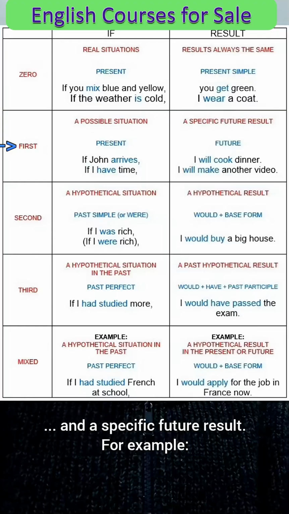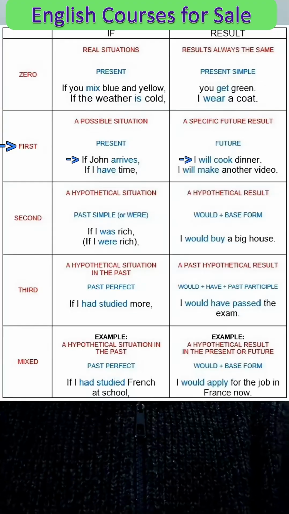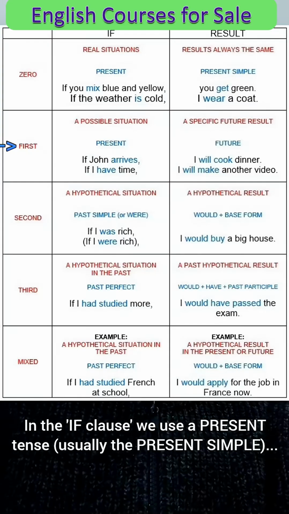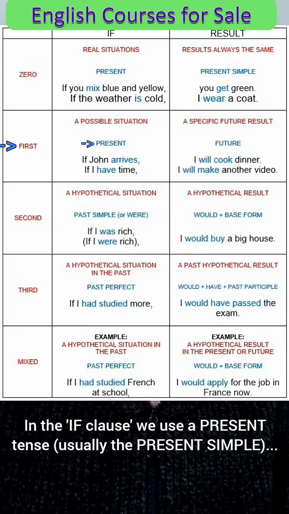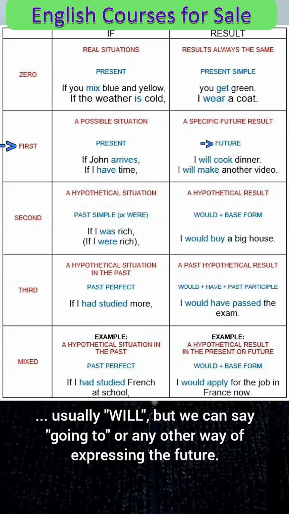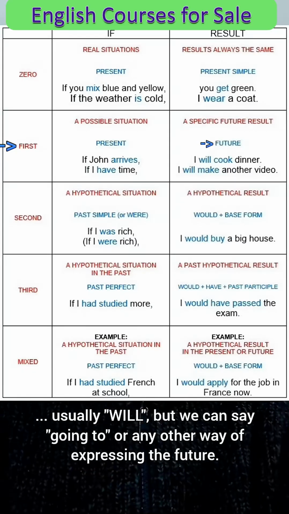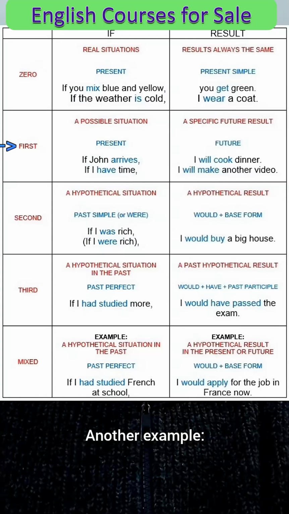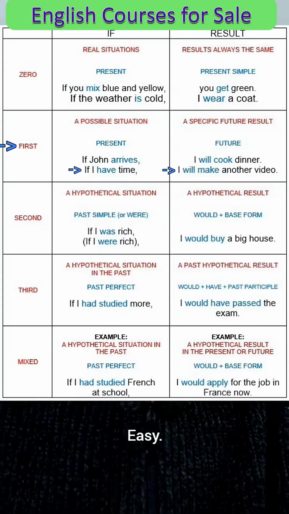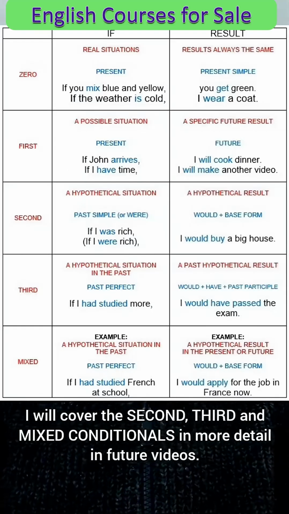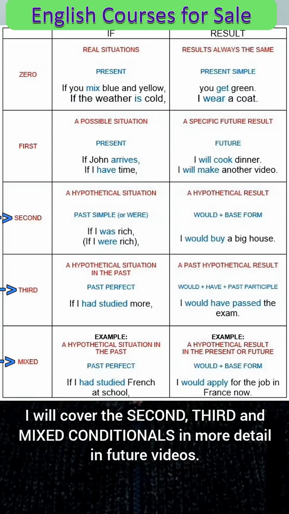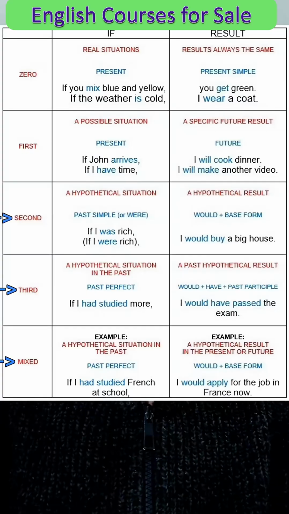For example, if John arrives, I will cook dinner. In the if clause, we use a present tense, usually the present simple, and in the result, we use a future tense, usually will, but we can say going to or any other way of expressing the future. Another example, if I have time, I will make another video. Easy. I will cover the second, third, and mixed conditionals in more detail in future videos, but to summarize, the